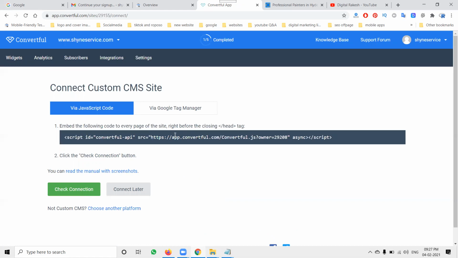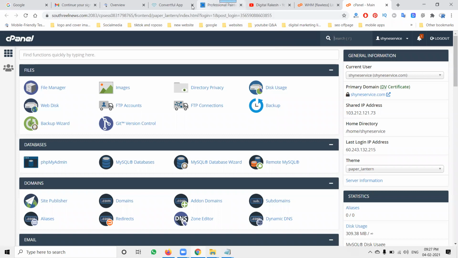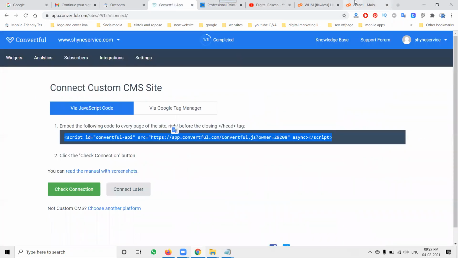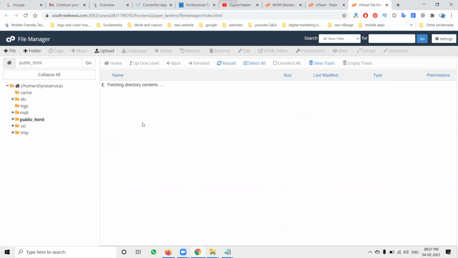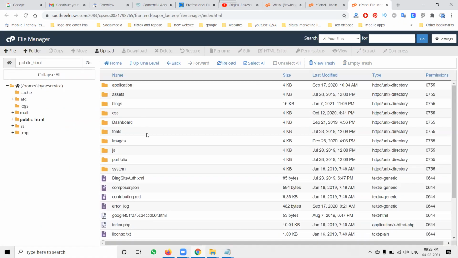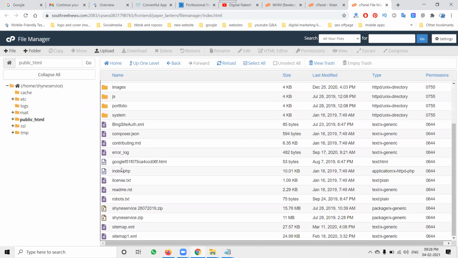And this code you can add in your cPanel header file. First of all, log in to your cPanel. I'm going to log in to cPanel. Just copy the code. This code can be done by the developers, no need to worry about this. How we can place the code, so we can go to